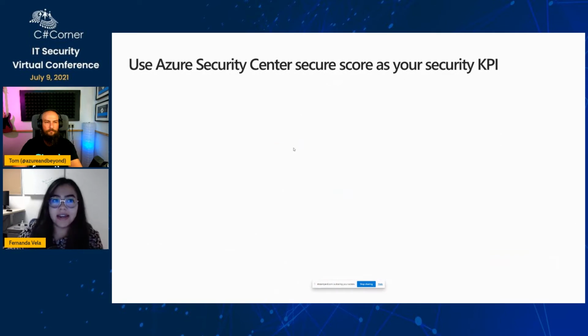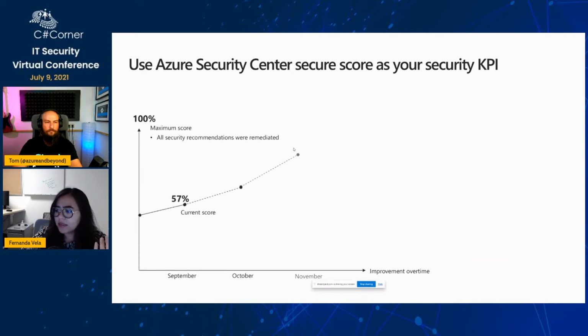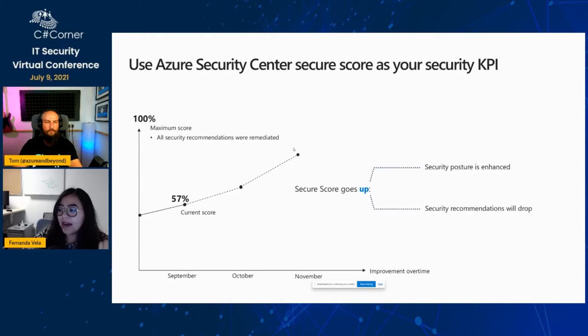And as we just said, you can use Security Center Secure Score as your security KPI. And ASC is going to continually, like we said, assess your resources for security issues, and all of the findings are going to be the recommendations that will go into the secure score, and is going to be represented as a score, right? So at the end, this can help you actually track your security efforts and projects in your organization over time,